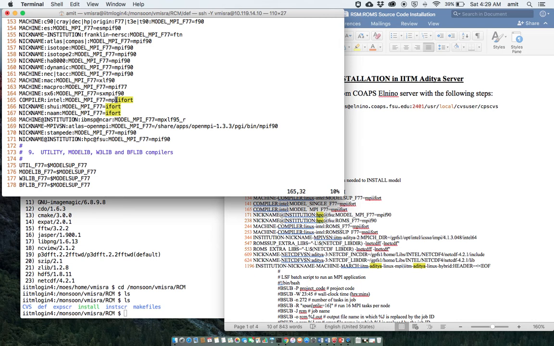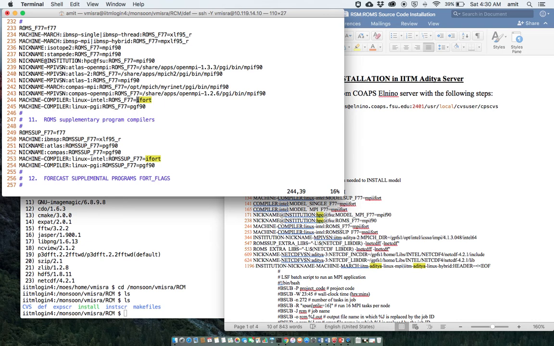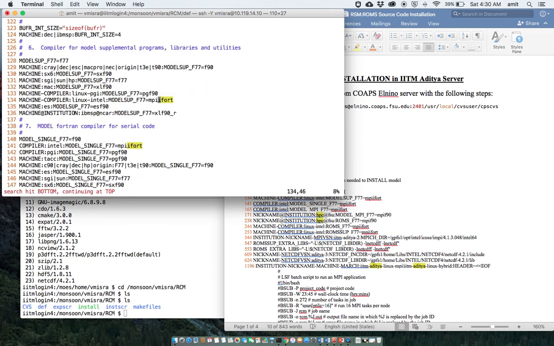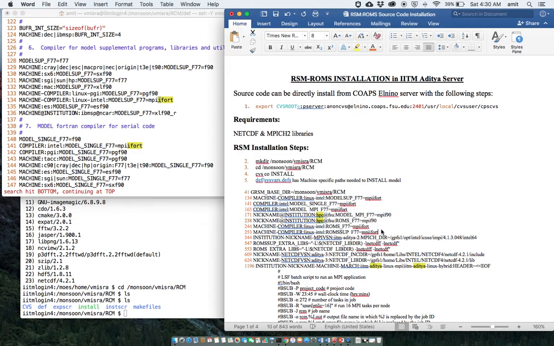Now we can again search for ifort. These two changes are not required. Here Intel we need to change, and then we search again. Compiler, Linux, Intel we need to change. We search again, so it came to line number 134. So this compiler part has been done. Now we have to do